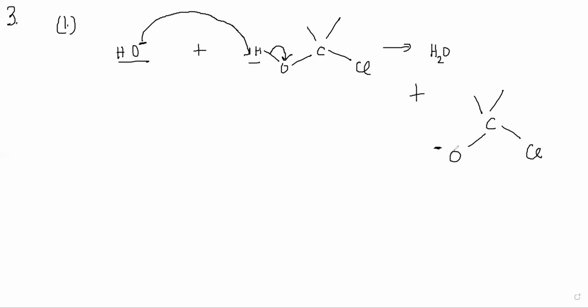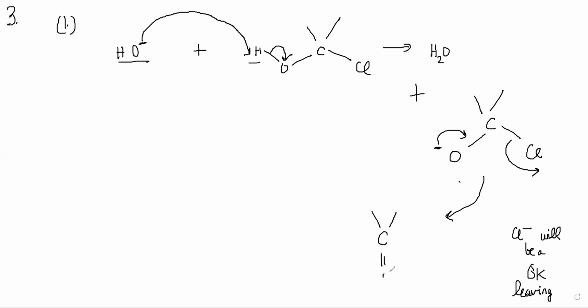So can something more happen here? Let's think about that. Oxygen will form a double bond, and the Cl bond is removed and Cl can come out. This anion might undergo this transformation because Cl minus will be a good leaving group. It might leave because Cl minus might be stable. So you could end up seeing here C double bond O plus Cl minus also.